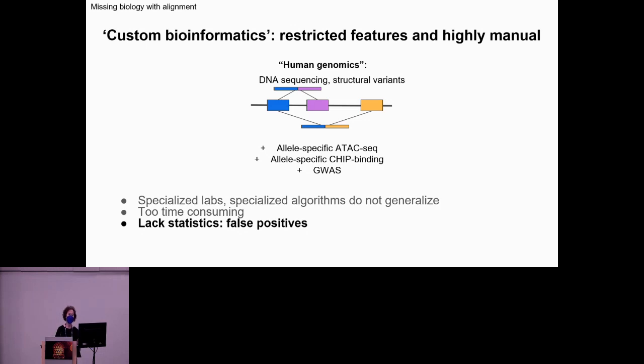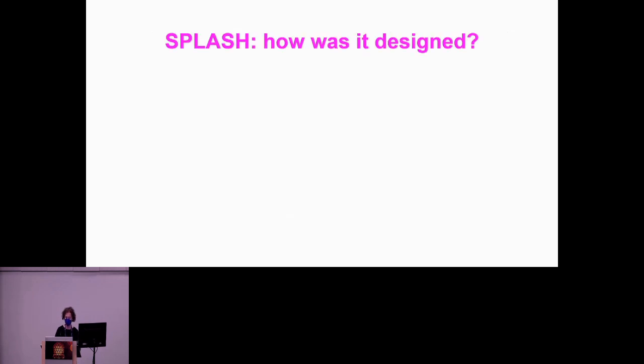So they don't generalize, they're very time consuming, and they lack fully statistical controls. As I said, they're also not enabling us to be AI ready. So what is SPLASH? SPLASH is a totally different approach to this problem, and let's think about a thought experiment. What if we could analyze raw data without pre-specifying the features we're interested in and find the strongest signals of regulation? As a thought experiment, if we could design an algorithm like this, we would have to